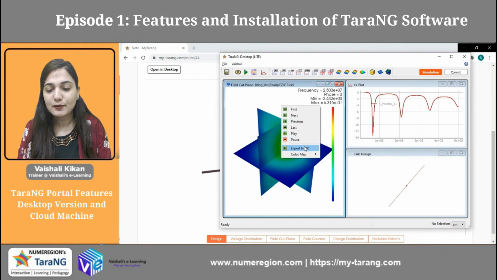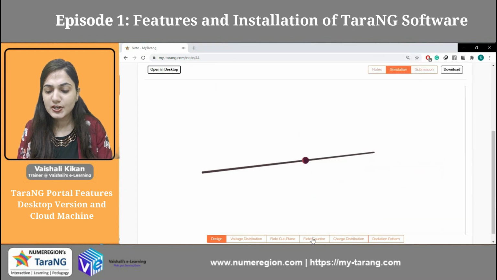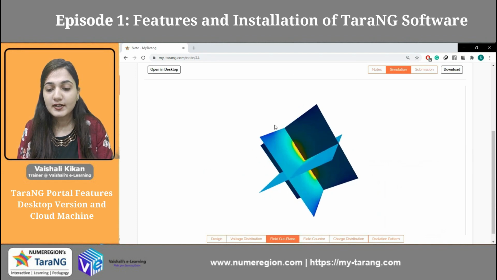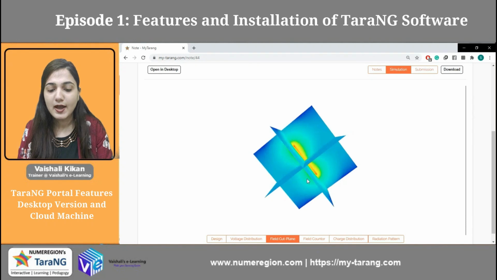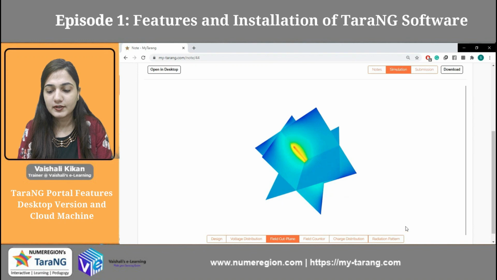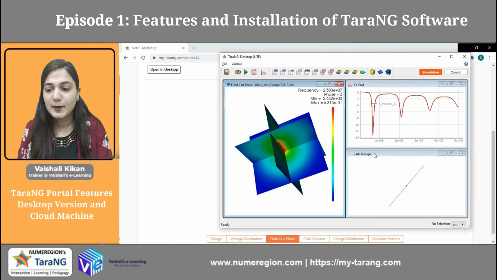So here you can go to the export to VR option. When you click export to VR, it is going to open it in the web browser, right? After that you can go to the commit option. With the commit option, you can make changes in the dipole antenna only if you are the source, if you have created it. So if you are the original author of this source, you can make changes. Otherwise you are not able to make changes with the help of the commit option.